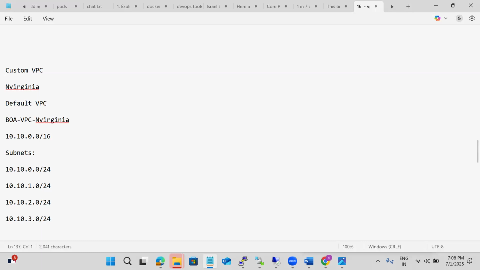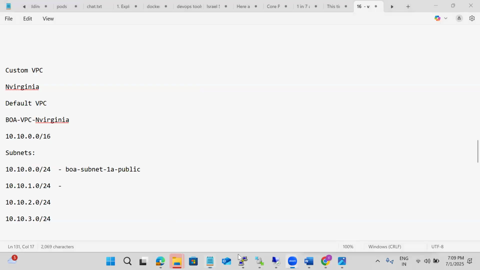How many zones are we going to use in that? 2 zones. Yeah, 2 zones we are going to keep. And in each zone, I'm going to keep one public and one private. So now try to understand. I may keep Bank of America, subnet, and the zone name is 1A, 1B, like that I'll get. And I'm going to keep this one as public, or maybe private also is fine. Then can you tell me the next naming? So our company will have naming guidelines also, and according to those naming conventions itself,